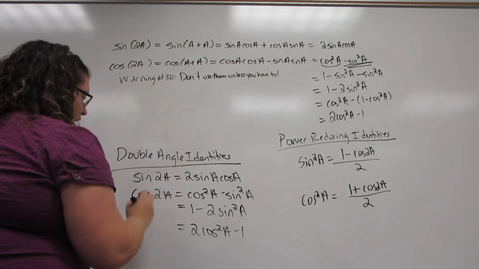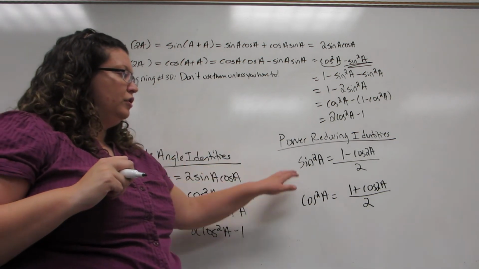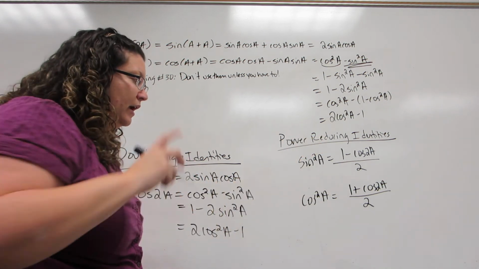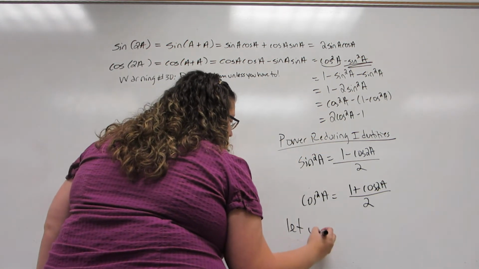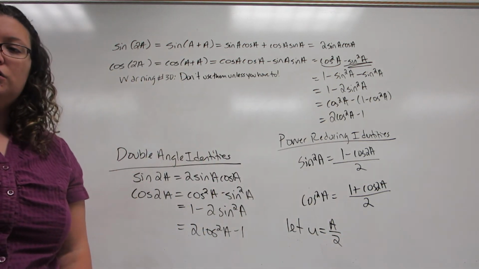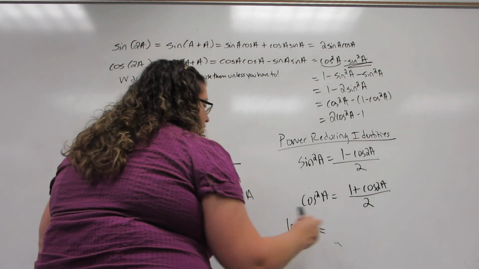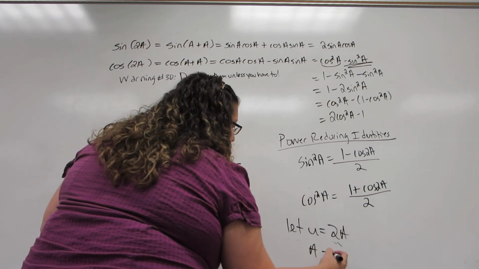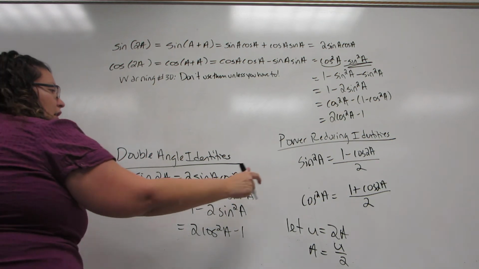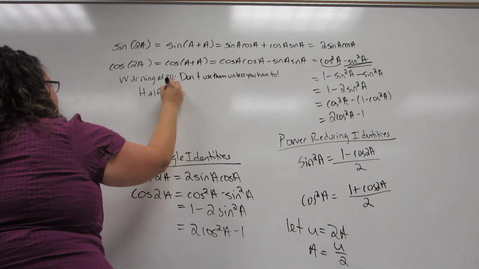So, I'm going to take these same two versions that I did for power reducing. So starting here, I'm going to take a square root of both sides and do a little substitution. I'm going to let u equal a divided by 2. No, mess that up just a little bit, sorry. Let u equal 2a, which means that a will be u divided by 2. If I plug those into here and then take a square root, I get the half angle identities,